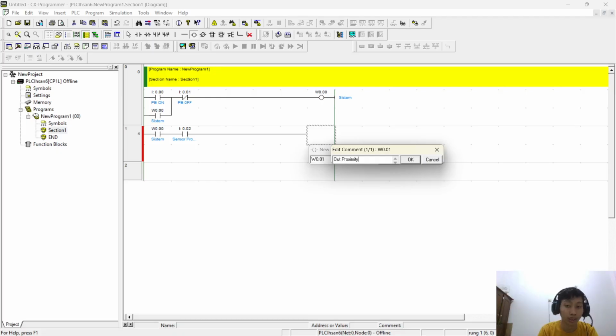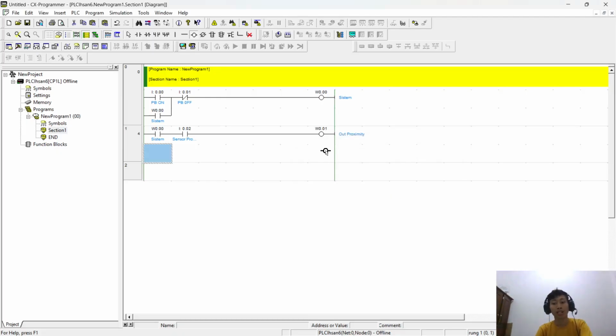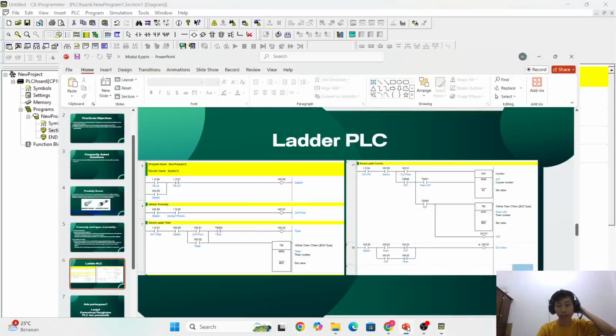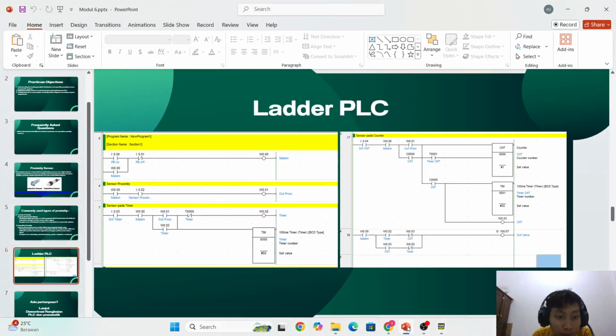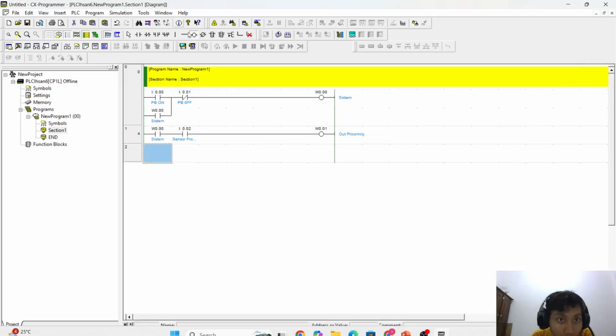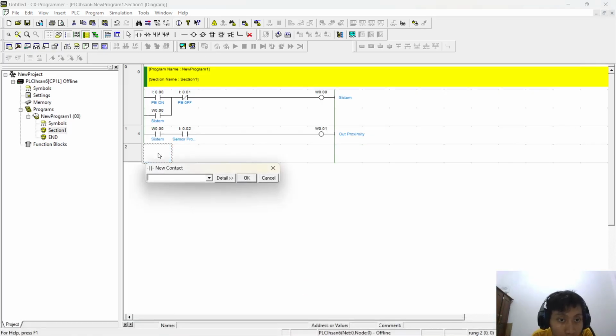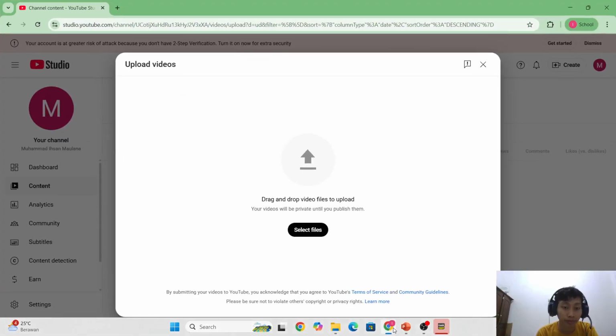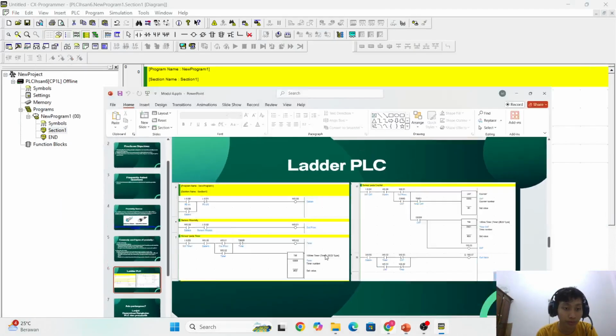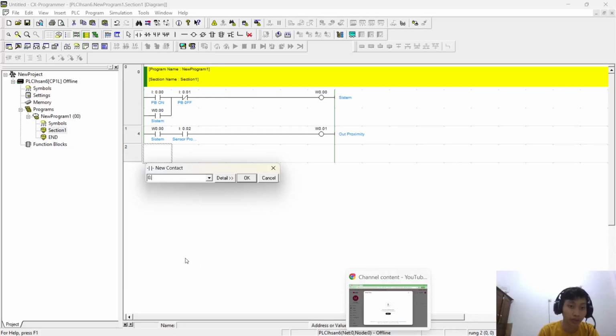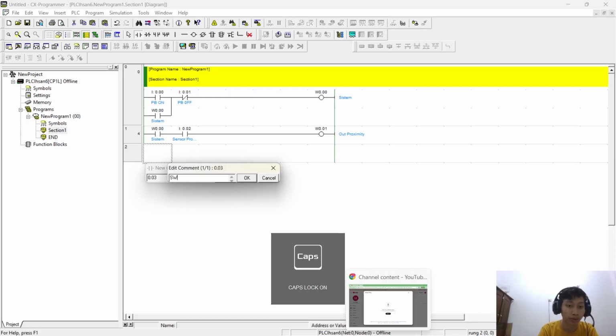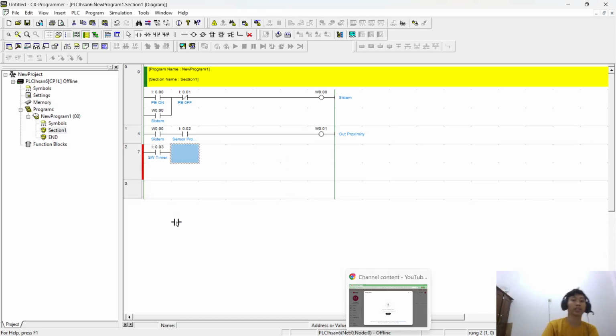Okay, the next one I will make the diagram of the timer of the sensor. First make it 0.03. Okay, SW timer.